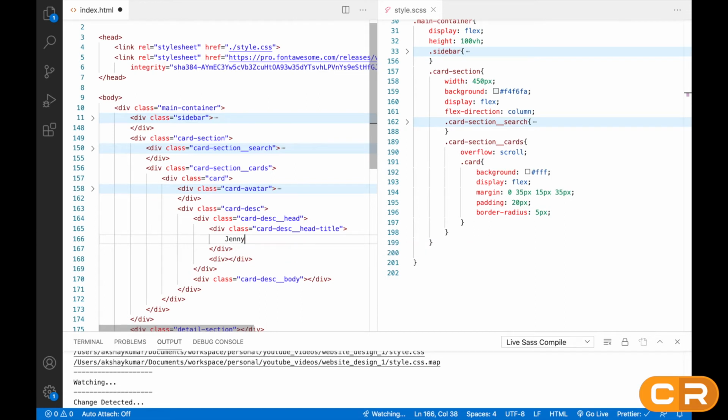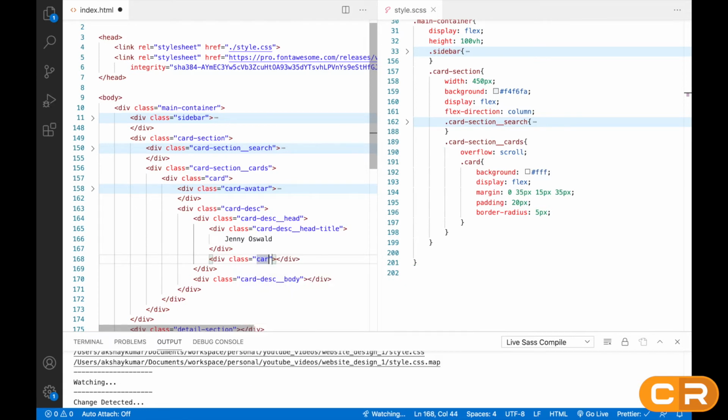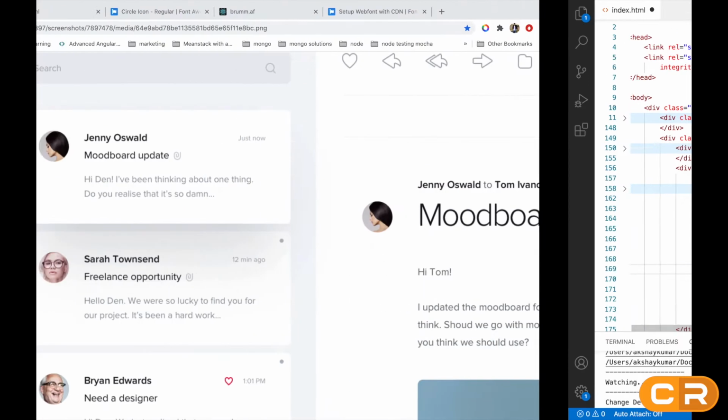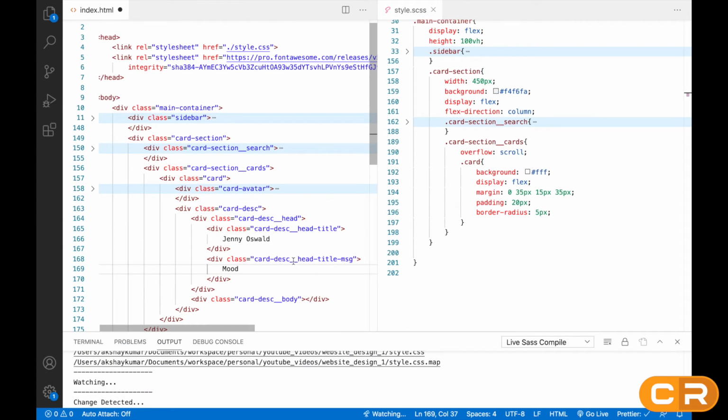So after this we'll give the class name card description underscore head title message. So this will be mood board update. I don't know what this is. Okay, update, right? Like this.